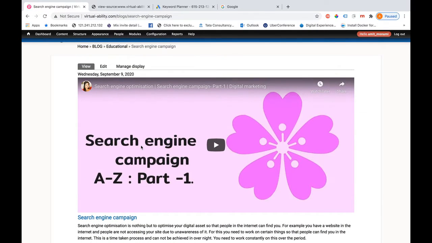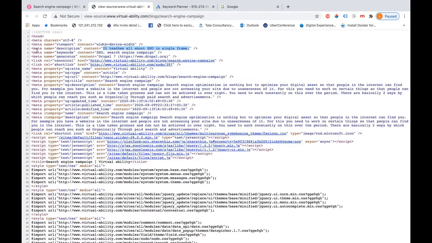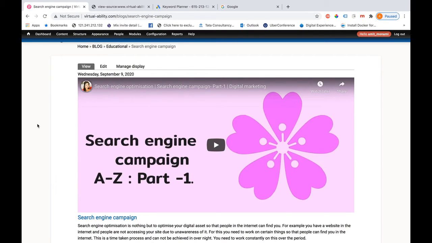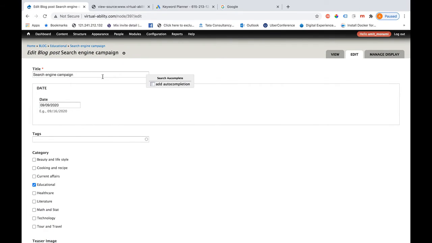If you are not using any CMS, you need to copy paste these two tags under the head tag. So you need to write properly with meta description and keywords. There are some other keyword attributes in HTML, for example open graph, where you can put the description over there as well. But if you are using any CMS, for example Drupal or WordPress, you would have an option at the back end to edit those options. Let me show you that.